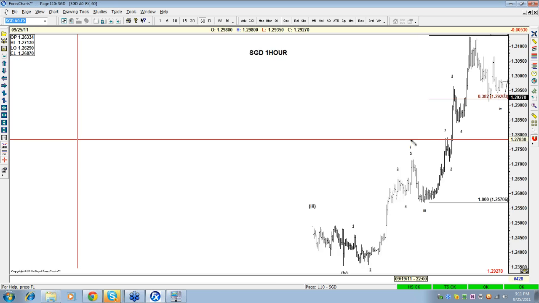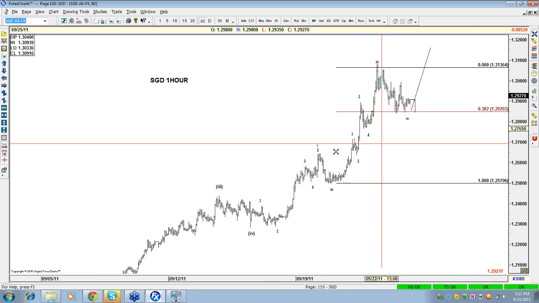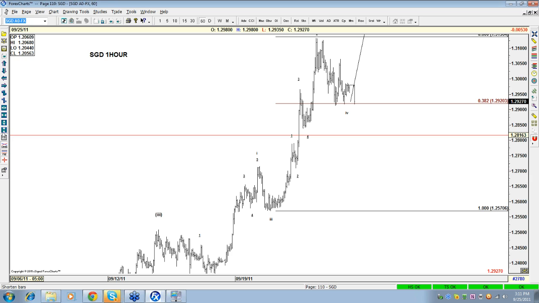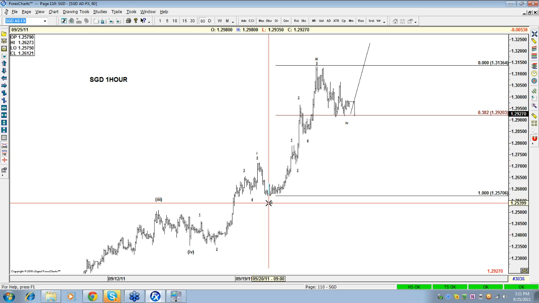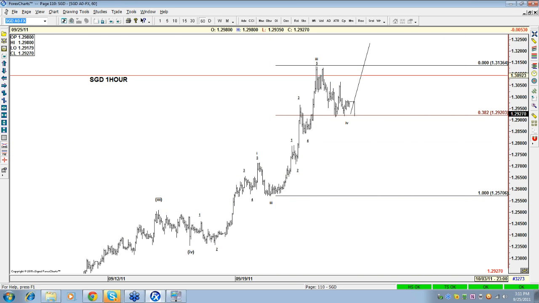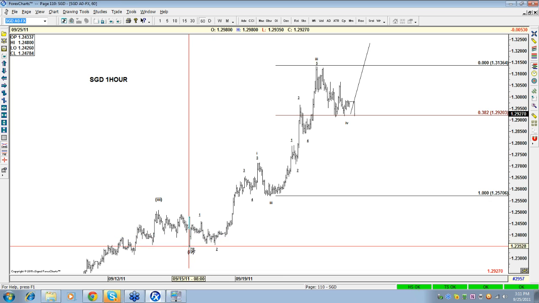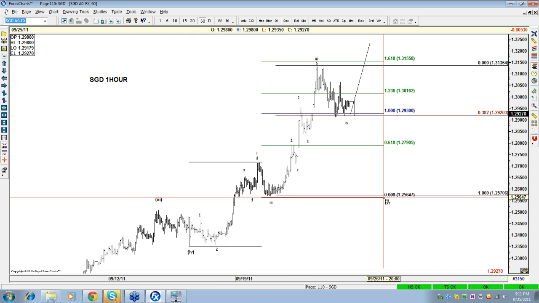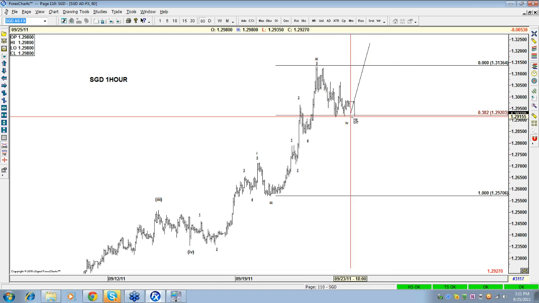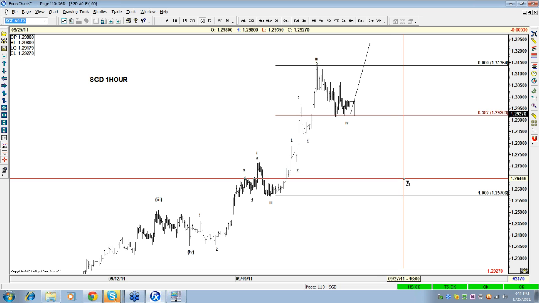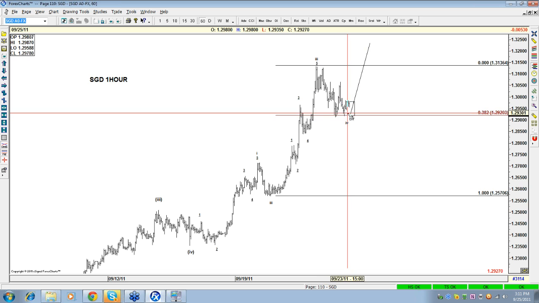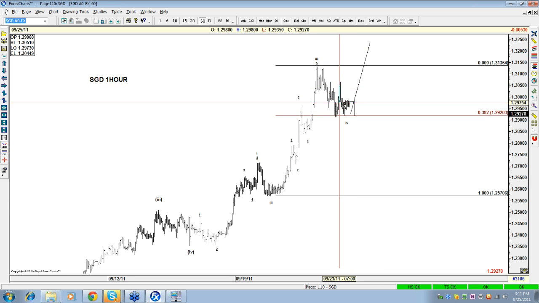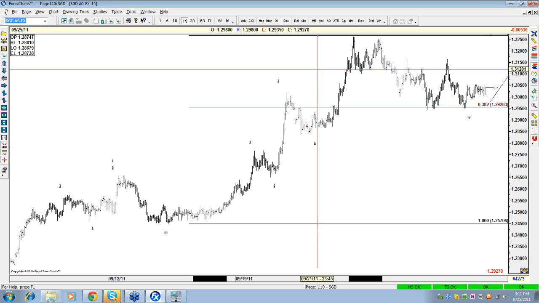Right here, this is the 1 hour. You see it? 1, 2, 3, 4, 5, 1, 2, 3. Again, no extension in wave 3 at all. Well, it went to the 1.618. I'm sorry, this one went, and now we are right here at the 3802. It looks bullish. This looks 1, 2, 3, 4, 5. That worried me a little bit, but it can be a flat because I remember I believe in the recovery here.